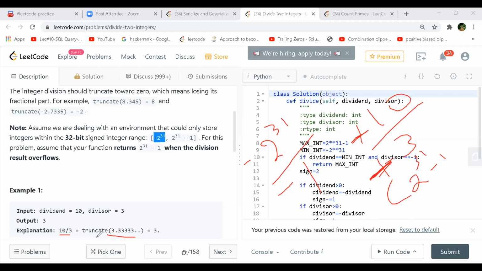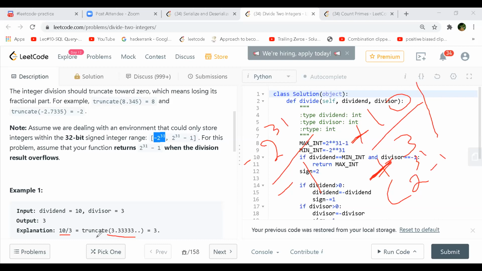If it is positive, convert to negative. If it is negative, keep it as is. Then when you are done at the end, the quotient will always be negative, so you convert it to positive and return.